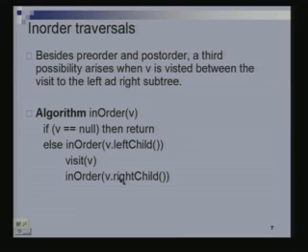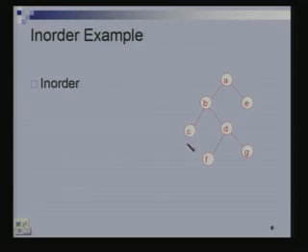Right. So these are the only three possibilities in a binary tree. Whether you first go left, where do you visit the node? Either you visit it before you visit both the left and the right, or you visit it after you visit both the left and the right, or you visit it in between the visits to the left and the right. So these are the three possibilities and these are the three traversals that are known.